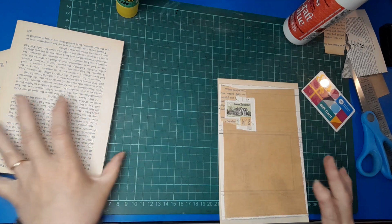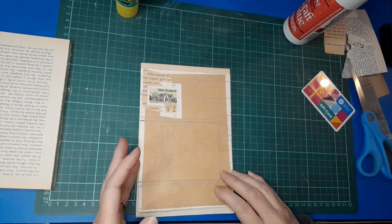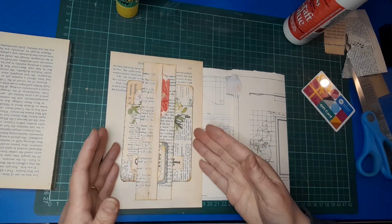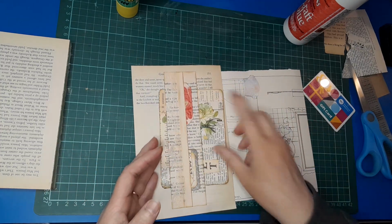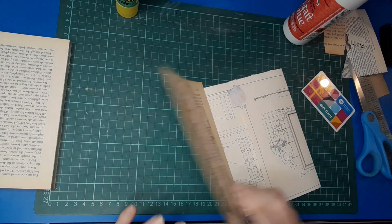Right, sorry if that was very loud. Okay, so I'm happy with that page now. I think it's more interesting. So then we've got this, then we've got our little page here, and then there's writing room in behind as well, so I'm quite happy with that. I think that's quite nice, and I can always embellish a bit more